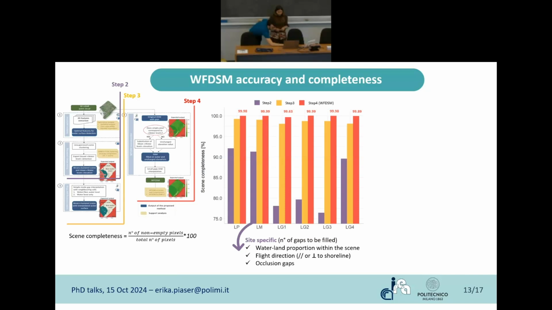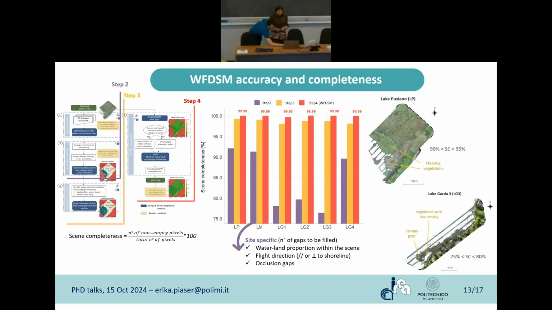It depends on the amount of data gaps we need to fill, and it depends, for example, on the water-land proportion within the surface areas, on the flight direction, and on the number of occlusions. Here, for example, you are able to see the scene completeness when it's high. For example, in Lake Pusiano, you have a low number of gaps that need to be filled. On the contrary, in Lake Garda, site 3, you have, for example, vegetation with low density, canopy gaps, and the